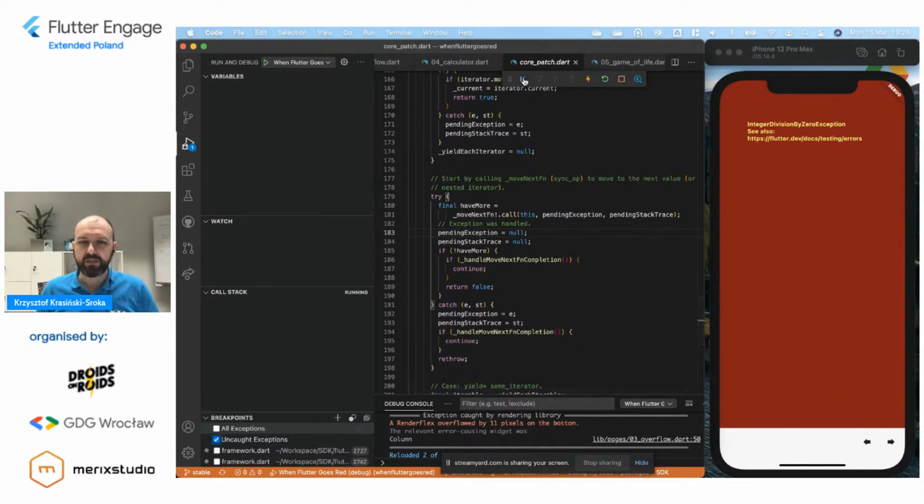Now, when you continue in this view, it doesn't do anything, right? The application continues. This error is no more, it's just a widget, and we continue. So that's a second technique of debugging our application.